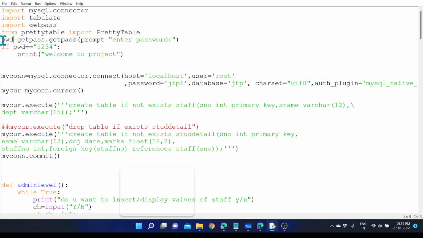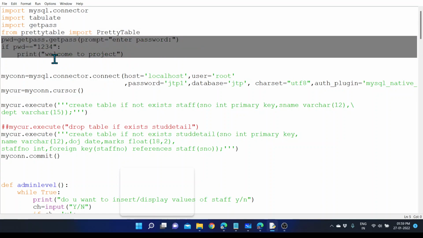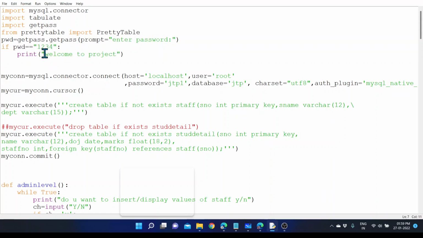Then here you can see the code that I provided to give you an idea of how to use this particular concept within our project. I'm not providing complicated code here, just a simple way of doing this particular thing, so you can combine this code along with your own ideas. So here we are getting the password from the user by using the getpass module,